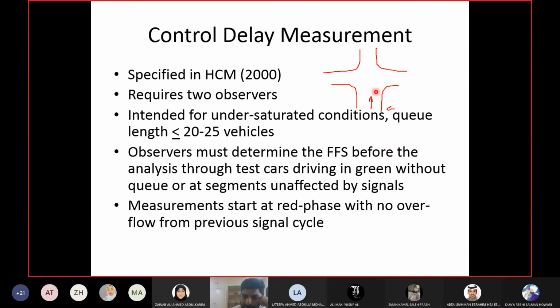You do a spot speed study at the intersection, but only include the vehicles which arrive during green time and pass without any stoppage. You know, sometimes it happens you are coming towards the intersection, it is already green, and you pass while the signal is green for you.